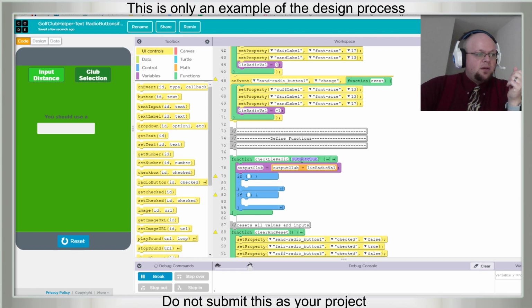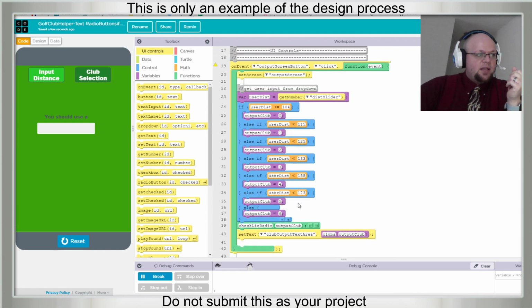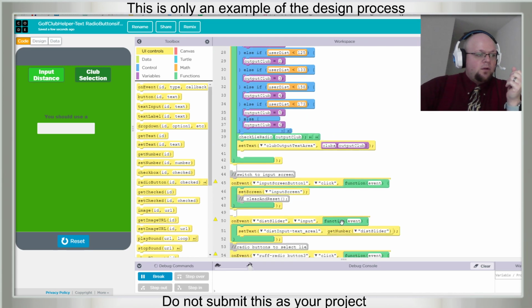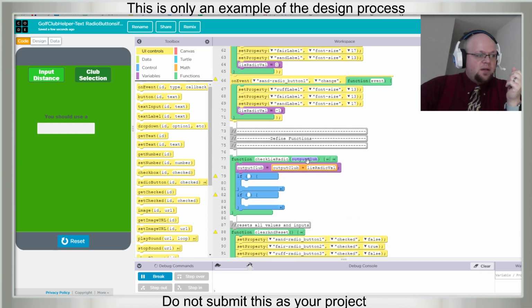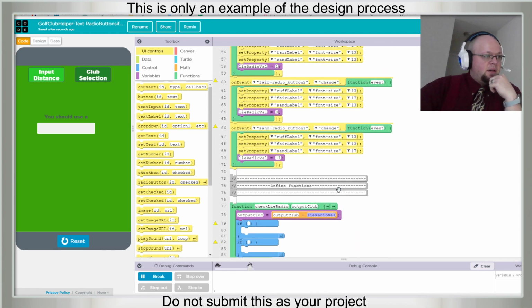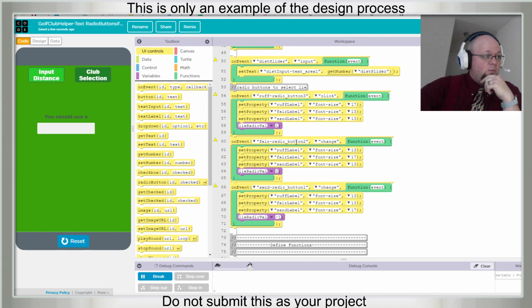So we are going to get the result of the if-else statement, and we're going to add the value of the radio buttons, where if it's rough, we are going to add 1.